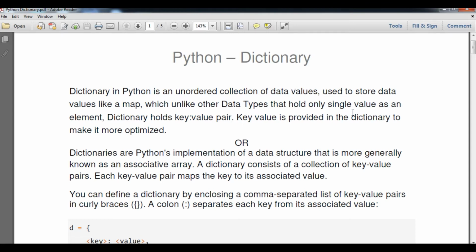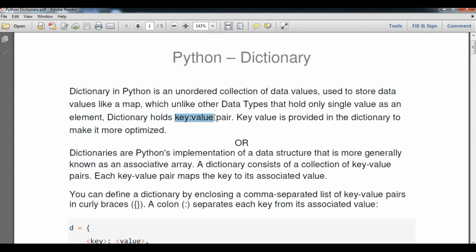Here a dictionary not only allows us to store data as an element in a single value, it holds two types of value, that is to say, key and value. You can see key and value written separated by a colon. Here key and value make one element in a dictionary, and elements are separated by a comma.